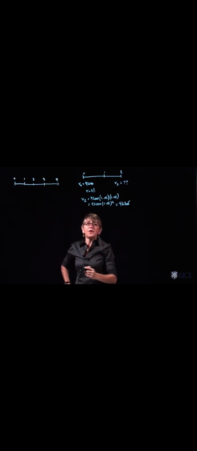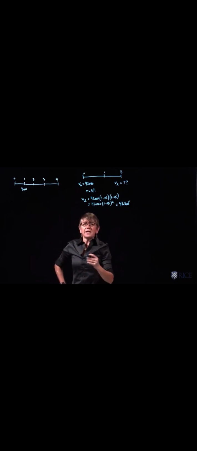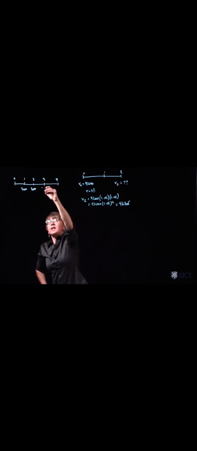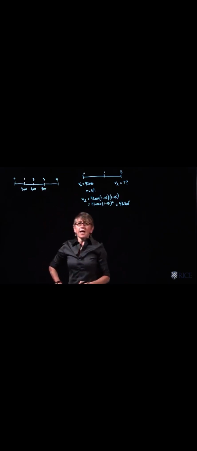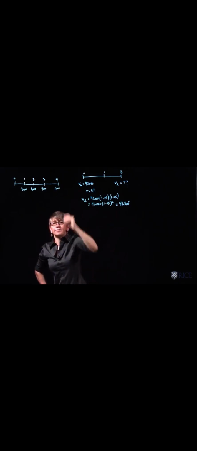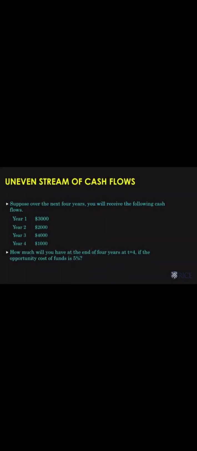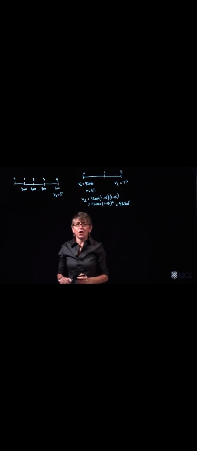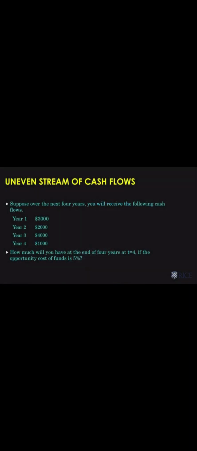Suppose you're going to get $3,000 at the end of the first year. Suppose you'll get $2,000 at the end of the second year, $4,000 at the end of the third year, and let's suppose at the end of the fourth year you're going to get $1,000. Okay? Now, how much will you have at the end of the 4 years? All right, so I'm looking for the future value of this cash flow stream if the opportunity cost of capital, or the interest rate, is